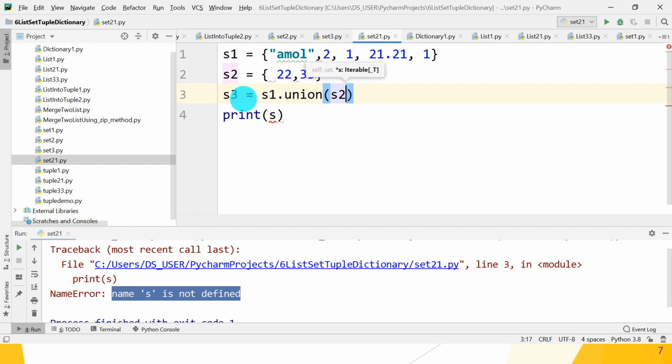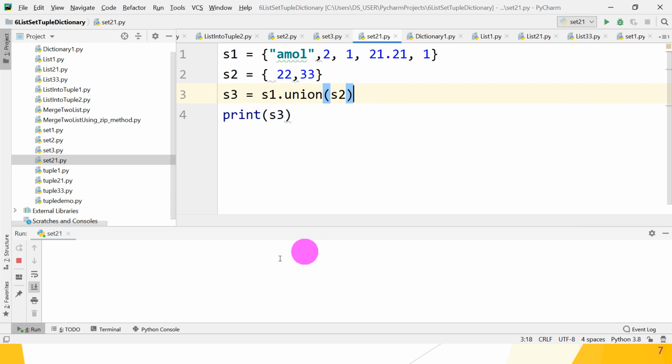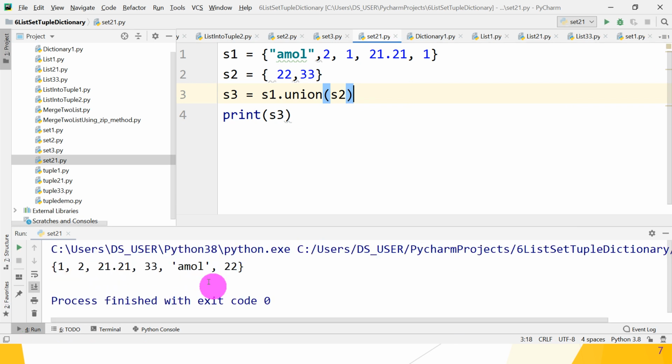So S1 and S2, two sets are united, and third set, that is S3, is created. Display that S3. Okay, great. So let's check whether it works properly or not. Yes guys, so both sets are combined and give the result.